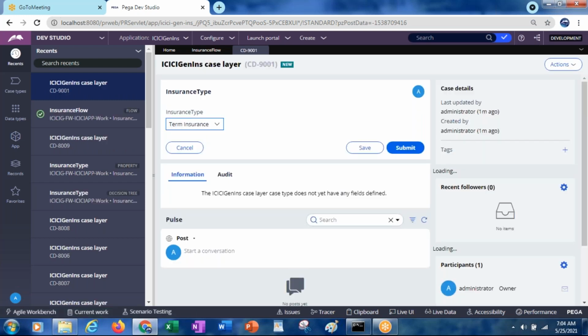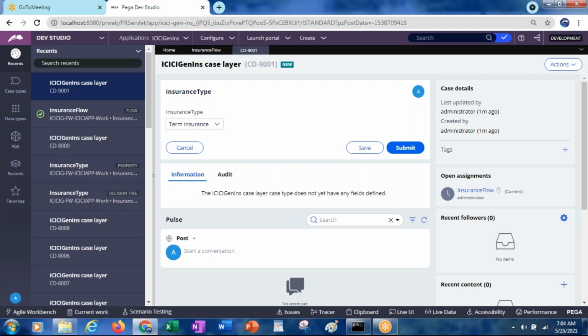You got it, you see. So in the very first screen, we are just displaying the drop down, what kind of insurance you would like to create. By default, the first one displayed is term insurance, then health insurance, and life insurance. Okay, in case you want to create a health insurance policy, select that and then submit it.